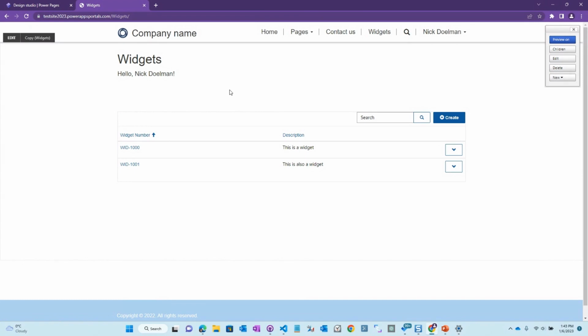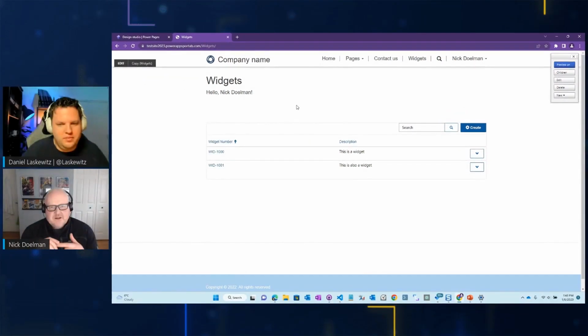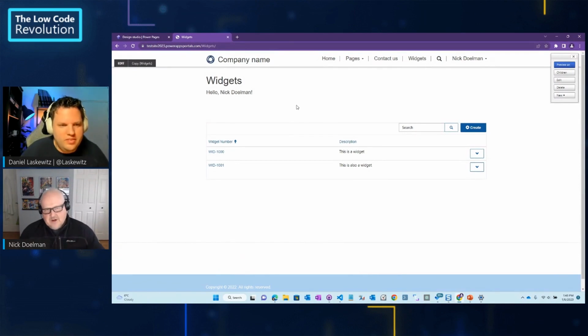Just to recap, what we did was we basically downloaded all of the portal metadata directly to our local machine. We used VS Code, we made a few edits, and then we re-uploaded that back up to Dataverse, and then we went back into the Design Studio and refreshed, and we were able to see the result of our code.